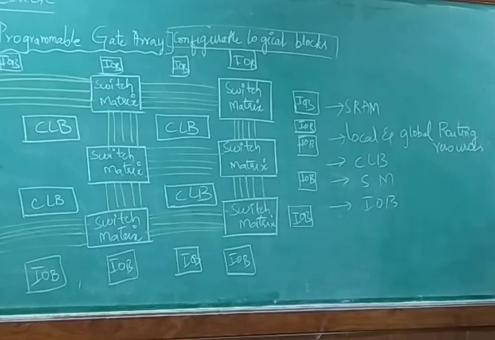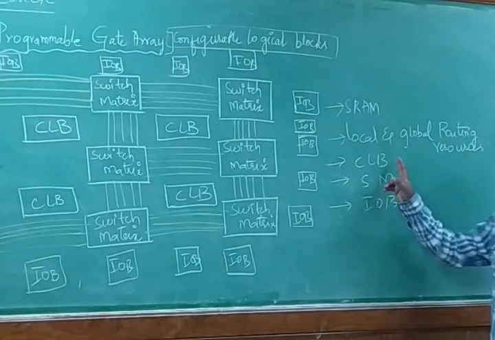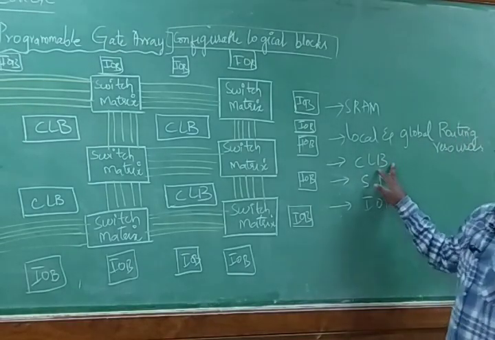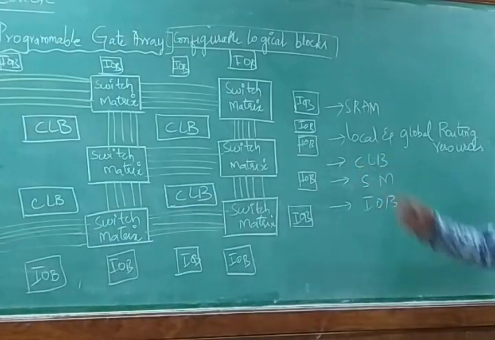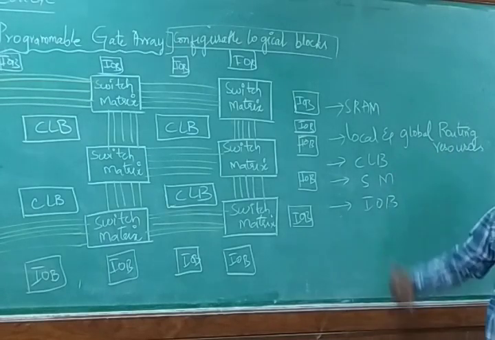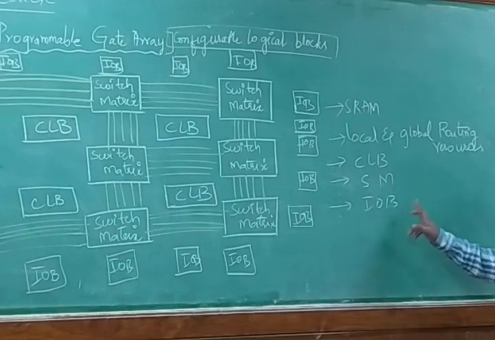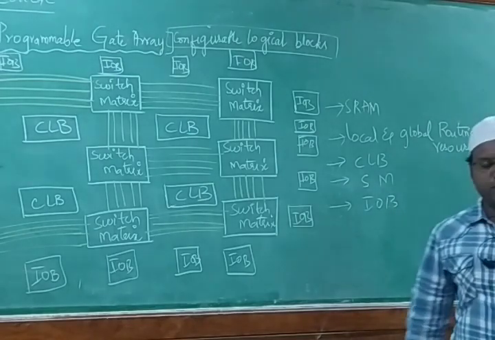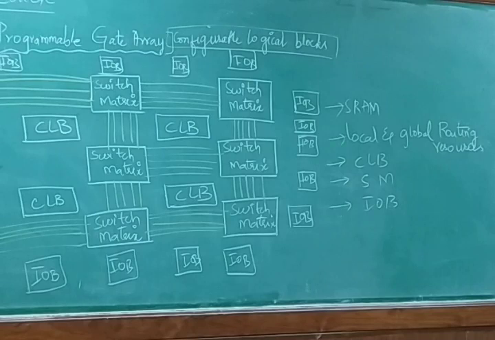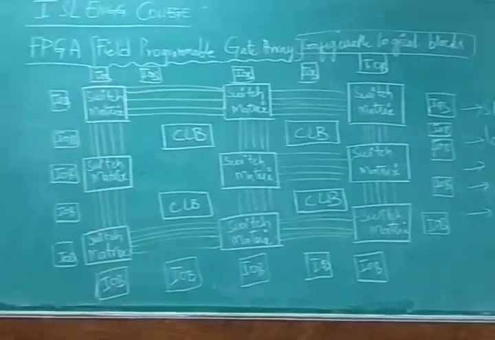Next, CLB, that is configurable logical blocks. What kind of logics you want to provide can be done by using CLB. Then switch matrices. Based upon the switch matrix, from where you are going to give the varieties of the points, that is nothing but gates, you can get it by using the switch matrices. Next, input output blocks, it is going to give the interconnections, whether it's going to get the output from that particular switch matrix, or it's going to provide the input to that particular matrix. That also deals with this particular